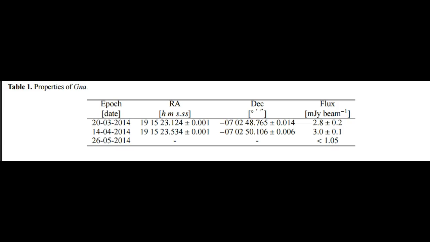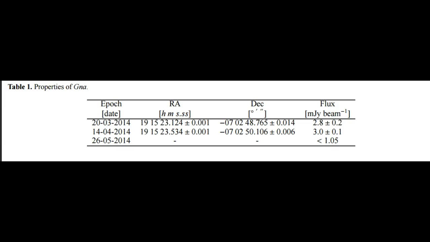Now, I will link to the different documents that I'm using, but this is all from, again, ALMA. This is the giant observatory in Chile, but they're calling the object GNA, GINA, we can call it that. But the properties are, you look at the epoch date, March 20th, 2014, April 14th, 2014. See those two dates, and then it gives you, with the hours and minutes and seconds, the declination and the